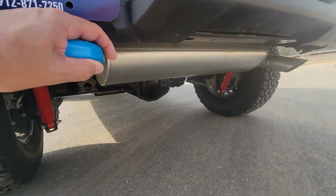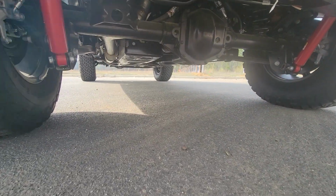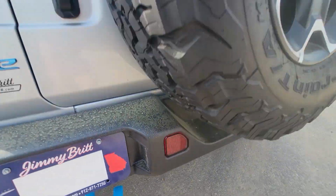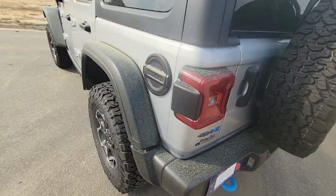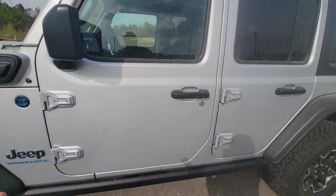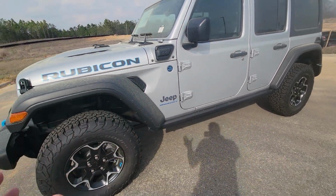You got your tow hooks, right? I can't see them under there, but you do got the skid plates under there. But Jeep does it right. They do their stuff very, very good, very high quality in this. And when it comes to the stuff that you don't see in here, what you're getting is, with the Rubicon,